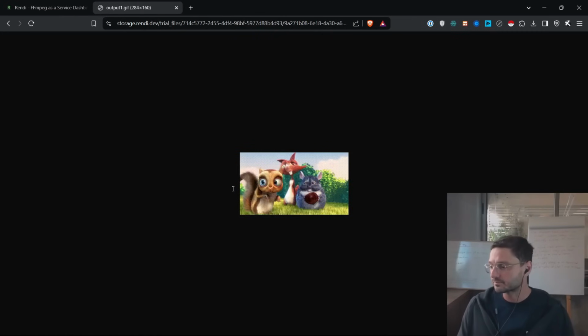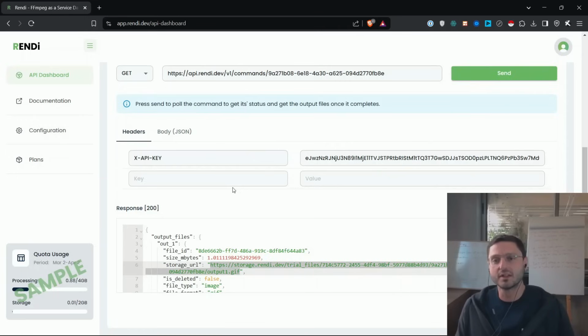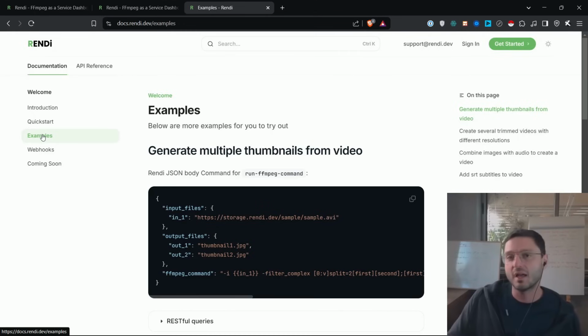generated. Now, the reason it's working through polling is because this command was fast, but many times the command can be much slower if it requires a lot more processing or something more heavy going on. So Rendi offers us this ability to run a command and later on check on its status, and when it's ready, use it. Here we have different examples of how to use the FFmpeg and how to run it on